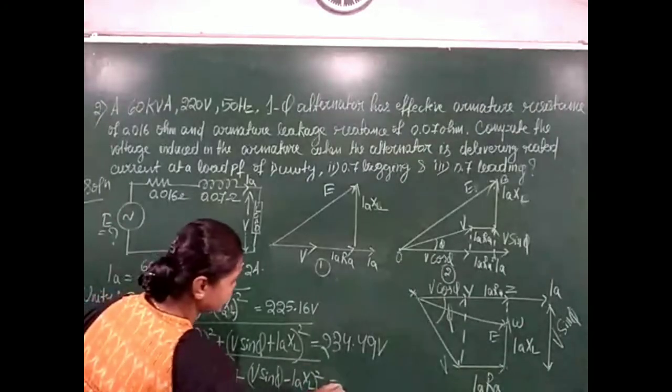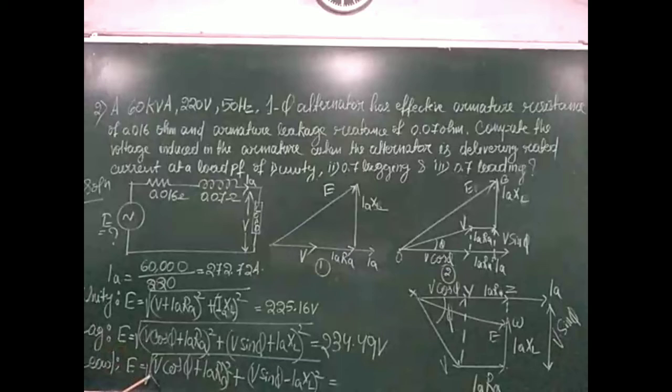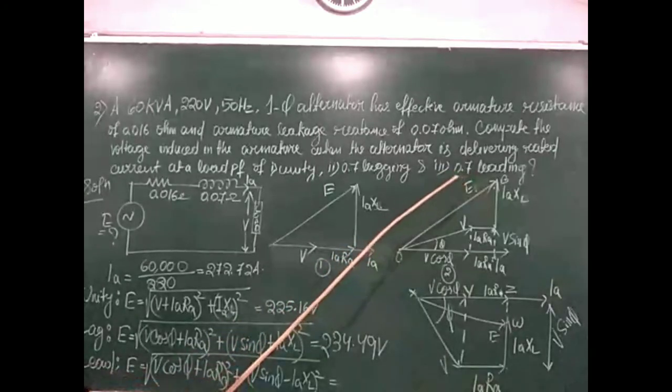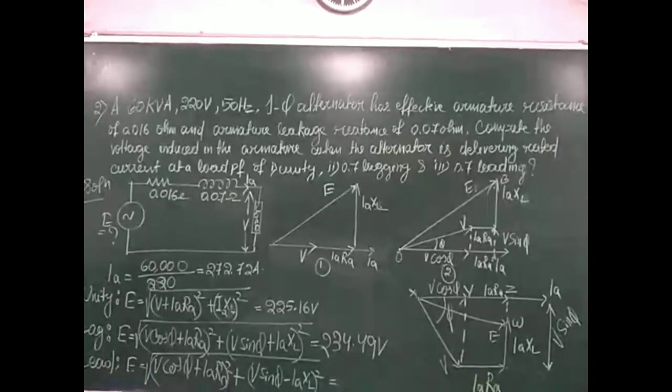So if you put all these values, see here V value is given, cos phi is 0.7, IaRa is given, and V sin phi. Here cos phi is 0.7, so you find the value of phi, almost 45 degrees, 45.56. So sin phi you put here and get the value of 0.7. So after putting all these values, you get the voltage induced in the armature circuit for leading